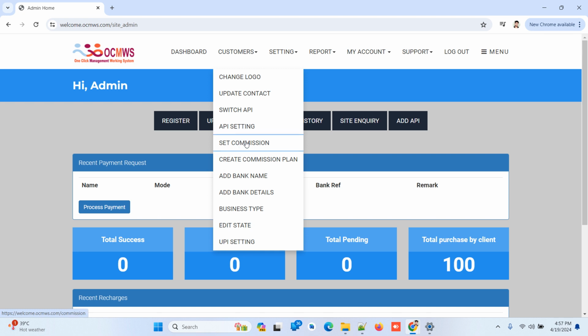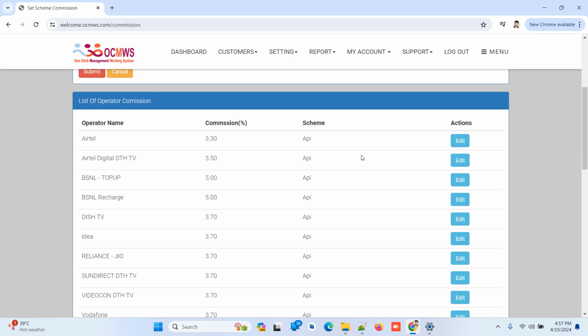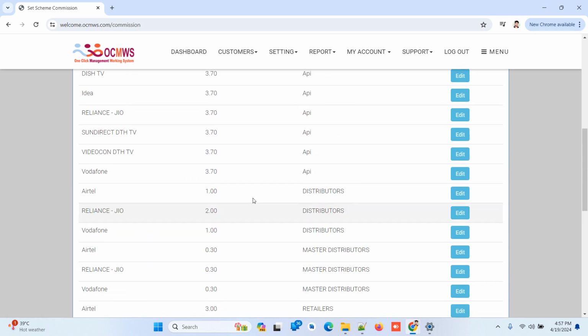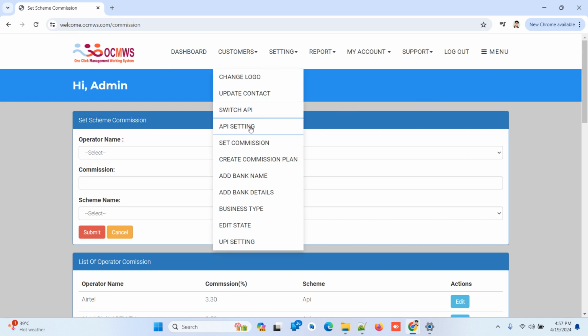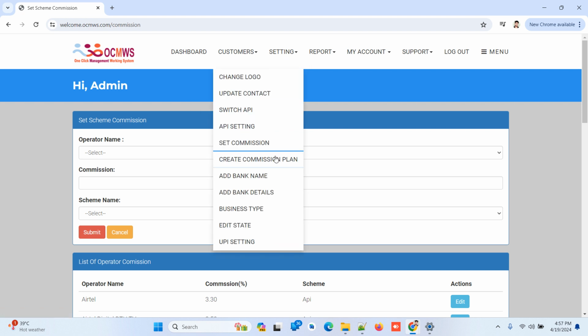You can set commission, for every single user. You can also switch API and create a commission plan.